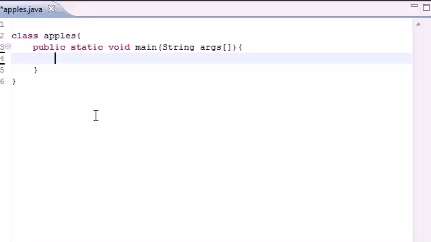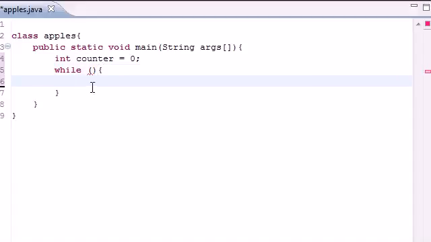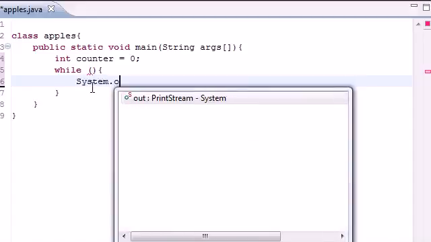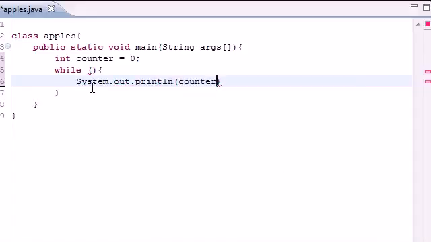And let me show you what the syntax is for this. The first thing that we need is a variable, and I'm going to name mine counter, and let's go ahead and set it equal to 0 to begin with. Now the syntax for a while loop is just the word while, and this means begin your while loop. Whatever is in the body of your while loop, or curly braces, it's going to execute this code. And let's go ahead and say System.out.println